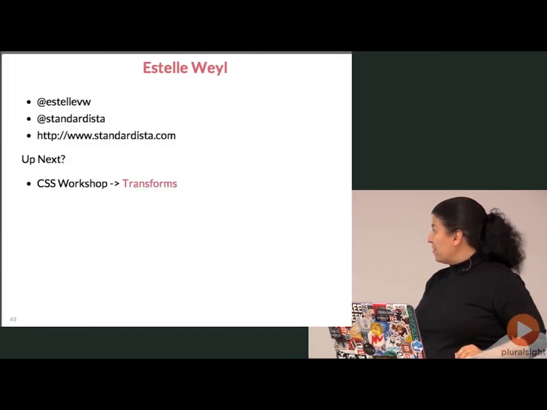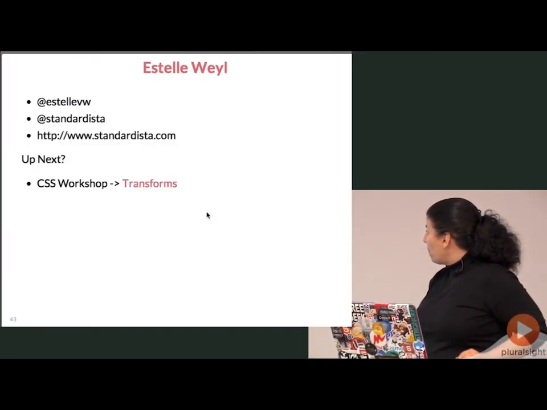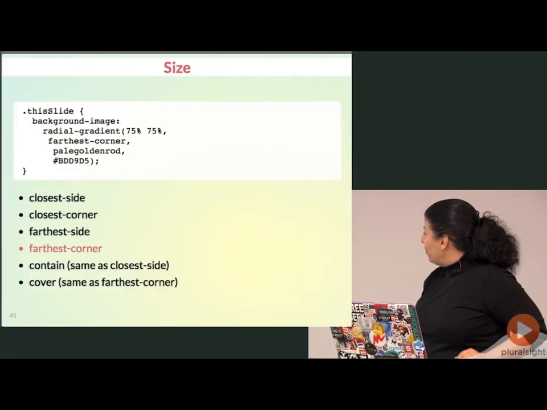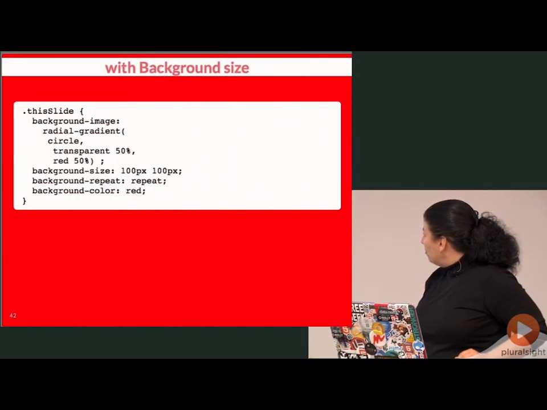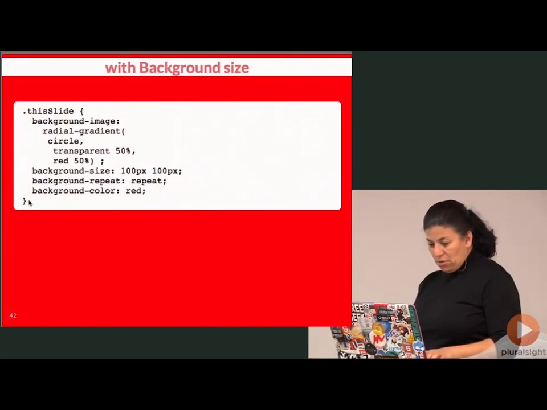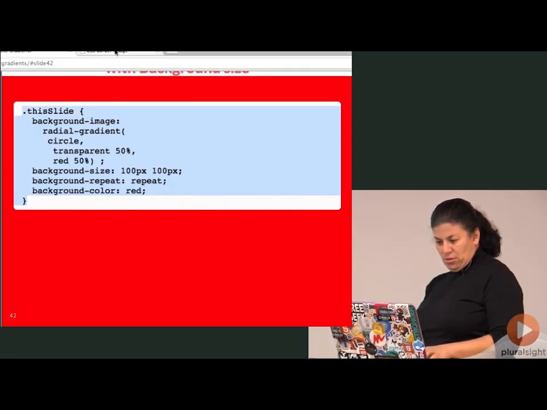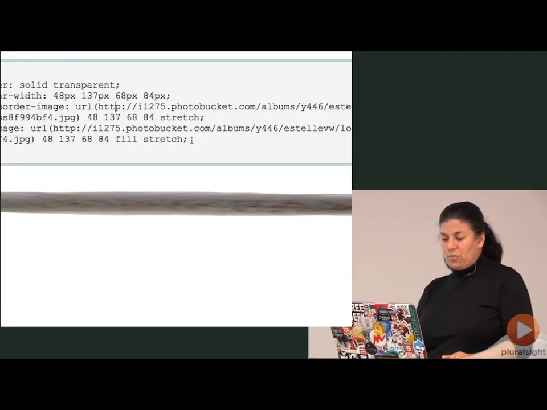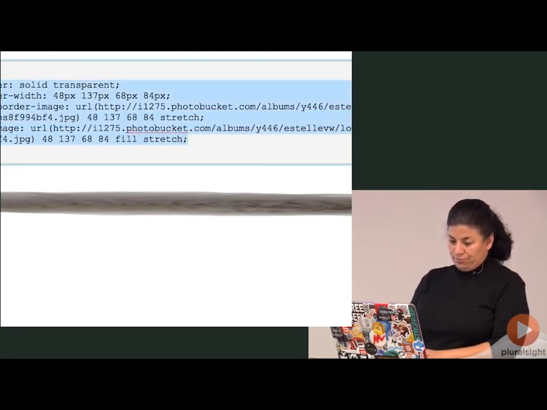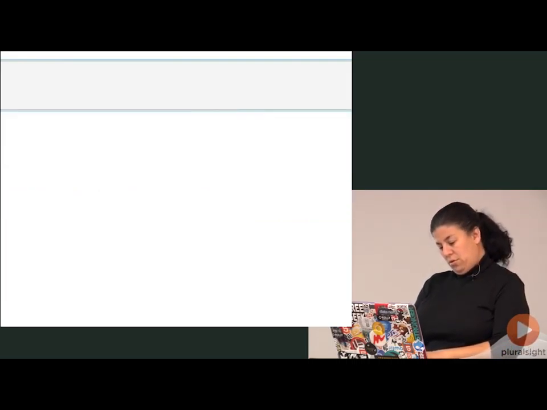Okay, so that's it for gradients. That's a really bad way to end gradients. So let me open up a deck. Hold on a second. Okay, so I'm just going to do background-image, WebKit radial gradient,